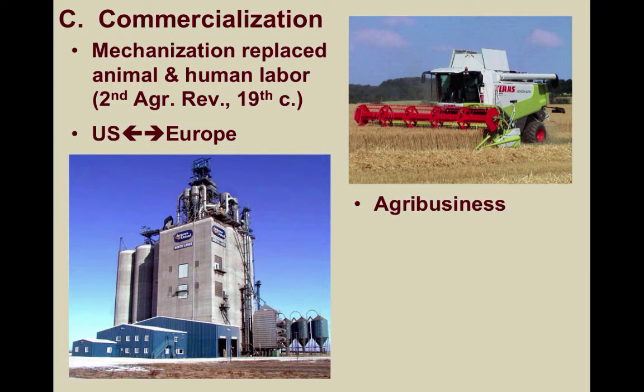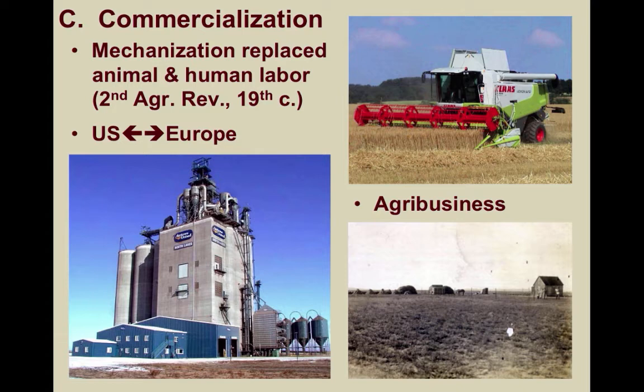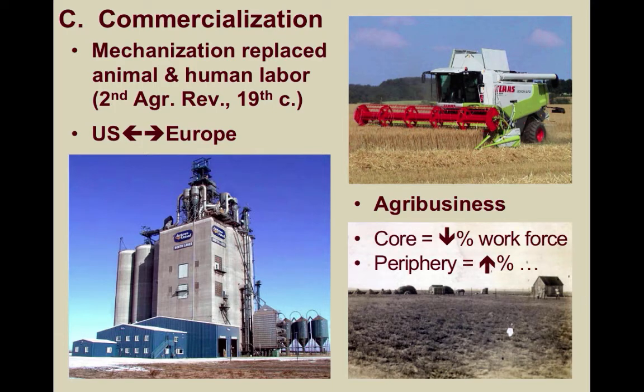These companies produce millions of dollars in profit each year, which is a far cry from the family-owned farms of the past. However, most farms in Africa and South, East, and Southeast Asia are still relatively small and often privately owned or run. This helps explain why core countries have such a small percentage of the workforce involved in primary activities, whereas peripheral countries have much larger percentages involved in primary activities.